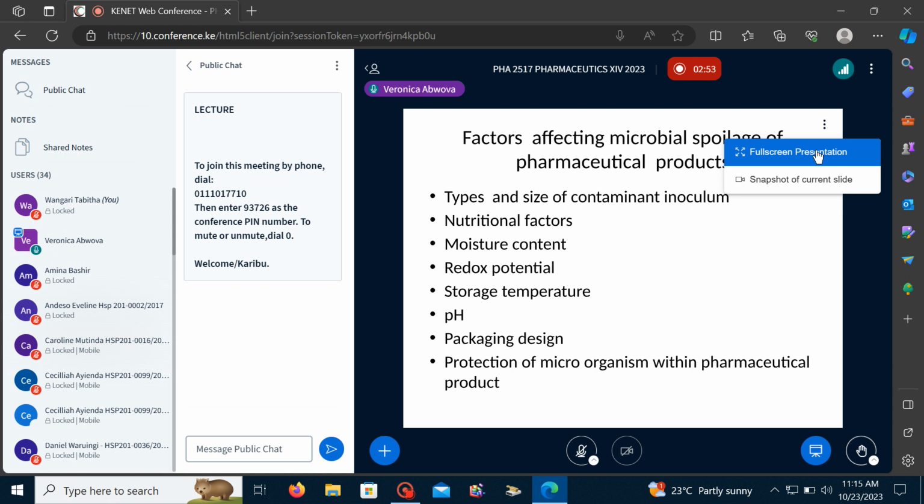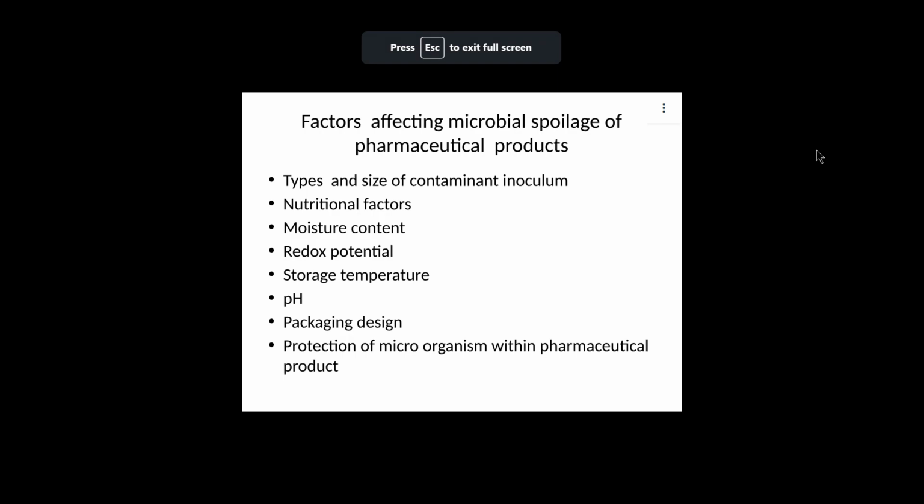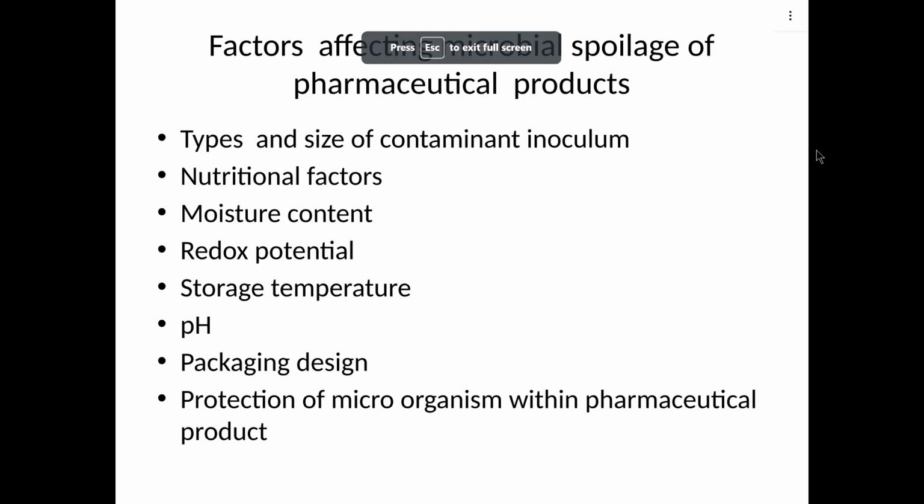Okay. Then we also looked at pH, the importance of pH, and the fact that microorganisms will tend to grow at the neutral pH. Okay. Extremes of pH may not be favored except for some unique microorganisms. Okay. Packaging design, again, we looked at that. Protection within the pharmaceutical product, we say that some substances within your product may actually act to shield your microorganism from destruction by either processes, sterilization processes, or even